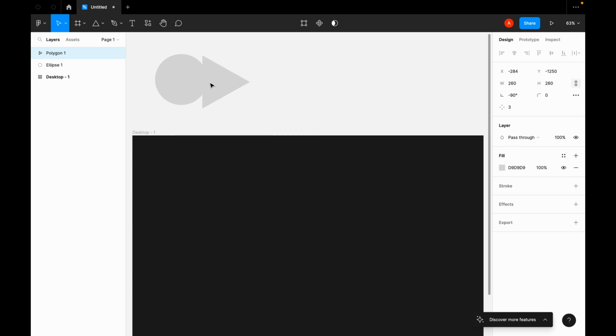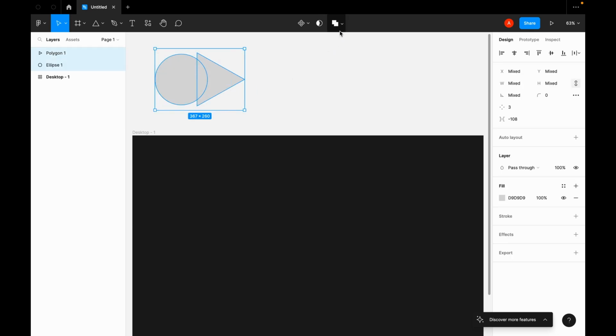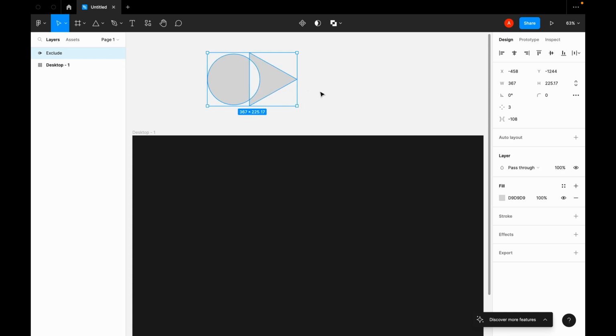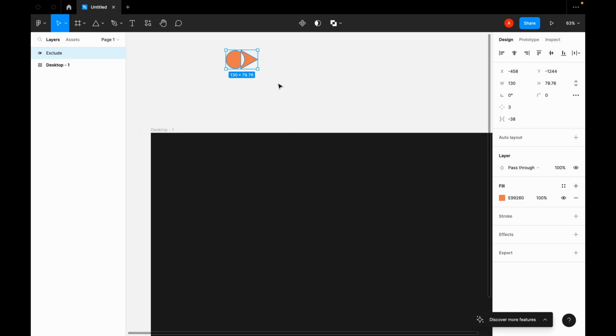And then I'm going to join them together, and coming over here we have what we call boolean groups. So I'm going to click on these boolean groups, and in this case I'm going to choose the exclude selection over here, and exclude just does what its name says. It's going to exclude the point of intersection of these two shapes over here. So I'm going to resize and give it a fill of E99260. So this would be our icon,